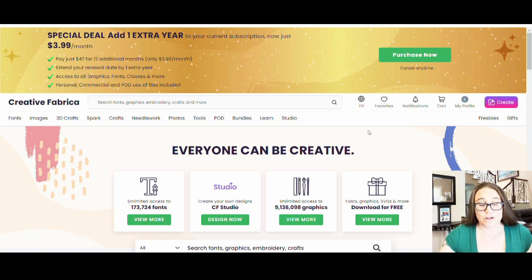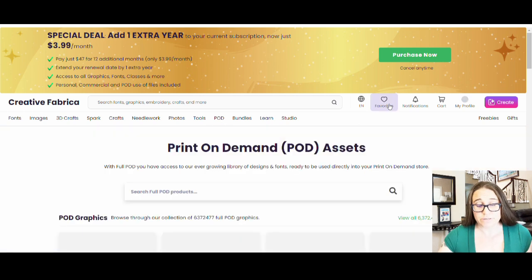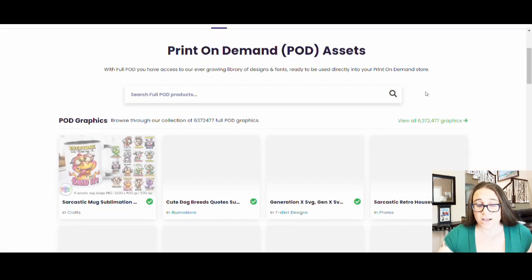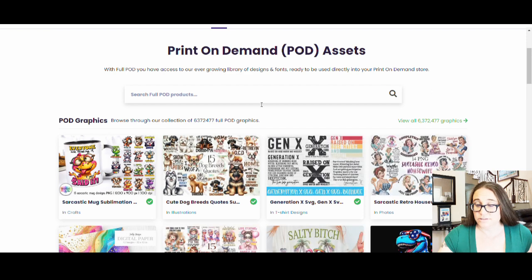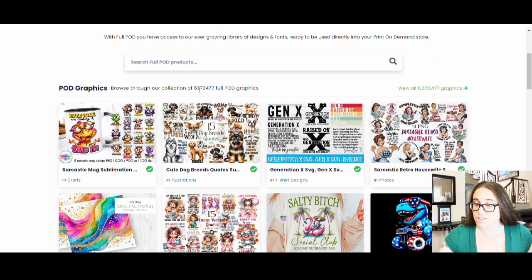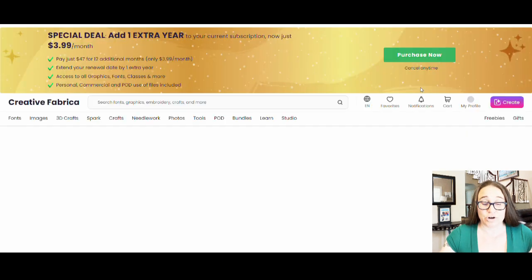So on Creative Fabrica, if I go over to POD up here and click on that, it's going to pull up a lot of graphics that are available to use on print on demand. There are literally over 6 million graphics, so tons and tons. I can click view all graphics, and there are going to be a zillion pages of graphics that you can